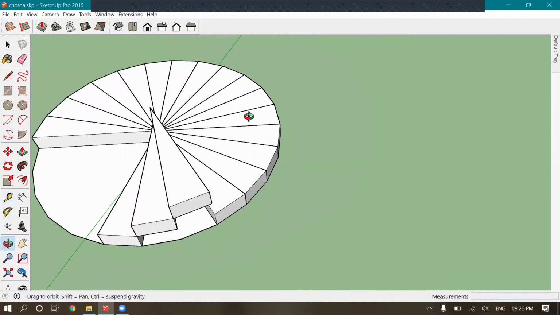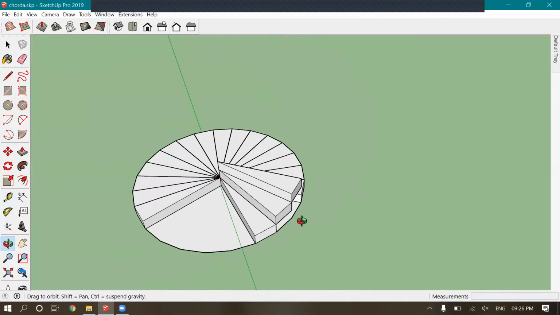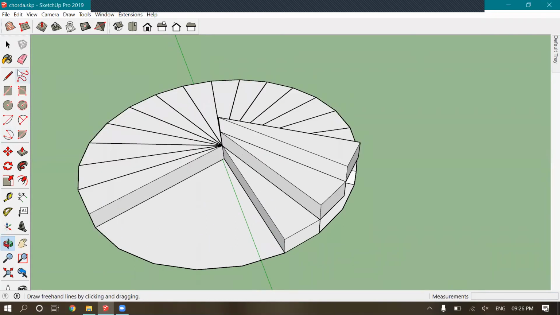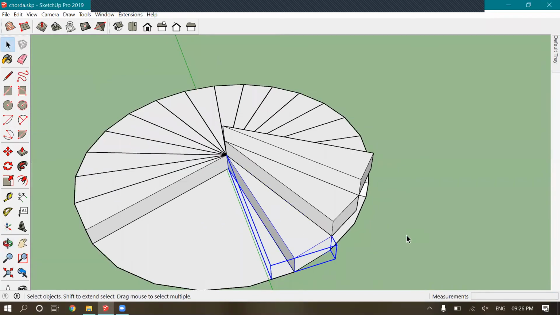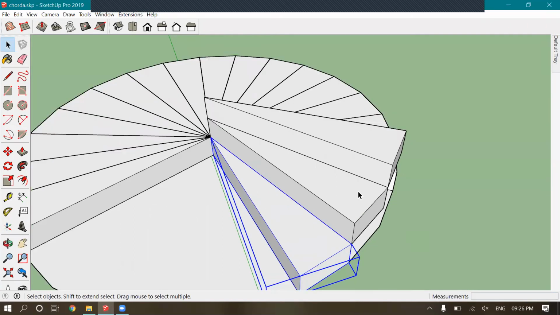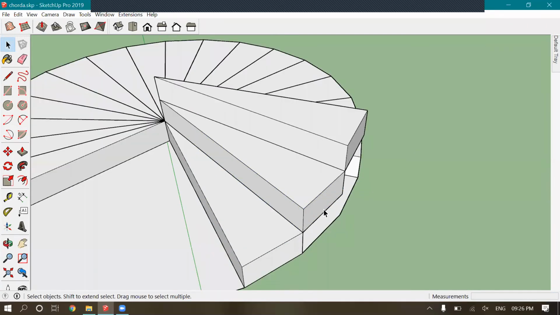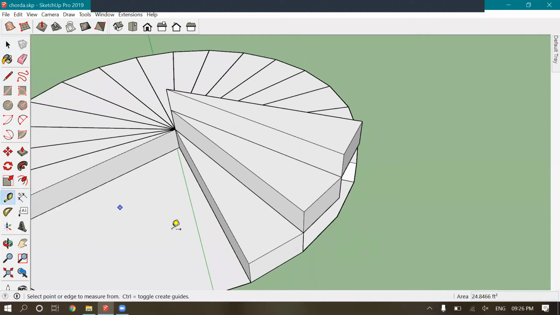Each of the stairs will be the same obviously, because I have made copies of this part all around, like I have made 18 copies, and I'm giving the same height. I have not changed any dimension in these two.